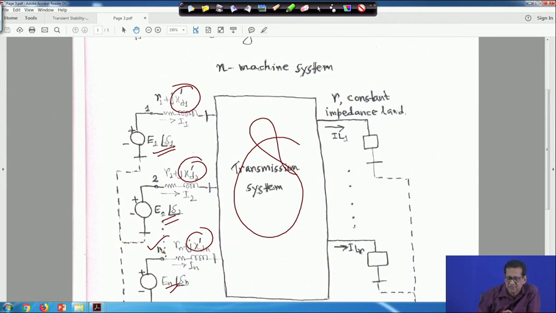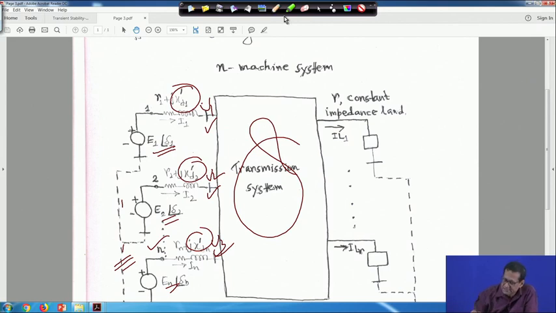These are actually the generator voltages behind the transient reactance, that is E1 angle delta 1, E2 angle delta 2, like this, and these are the bus bars. Say for example, this is bus voltage V1, V2, like this, or maybe any bus number, these are the buses. This dash line is basically a reference node or common node, that I will move later.